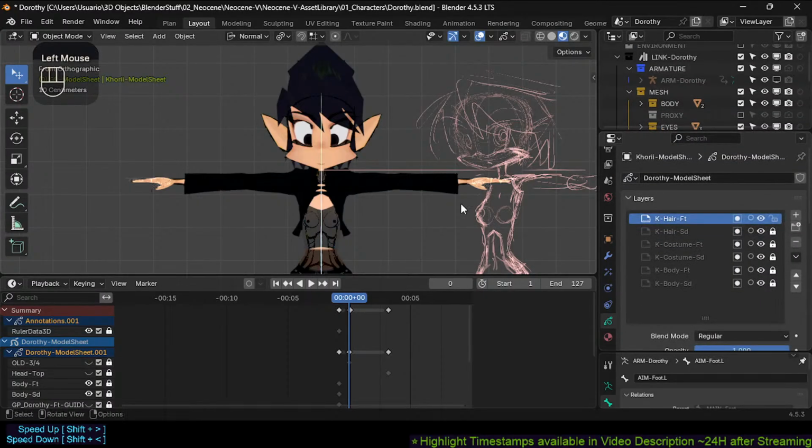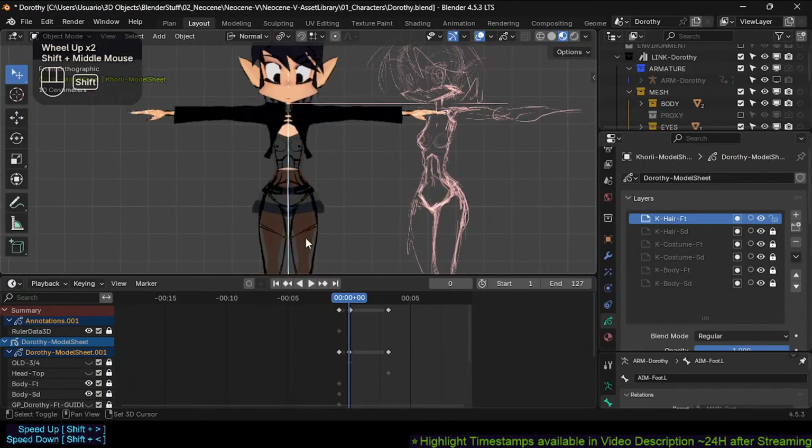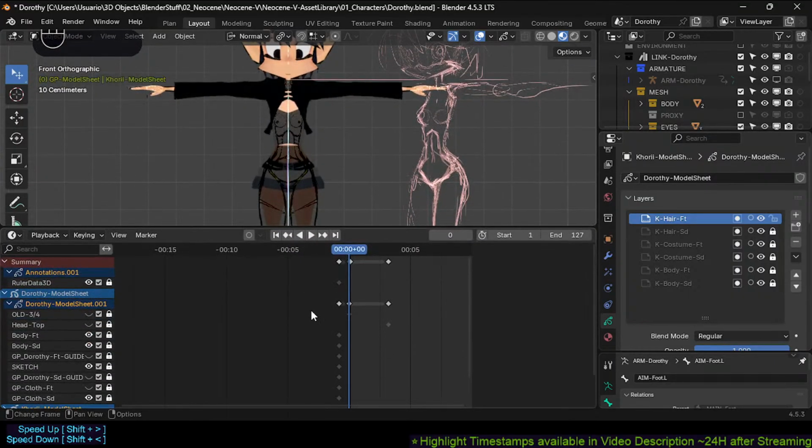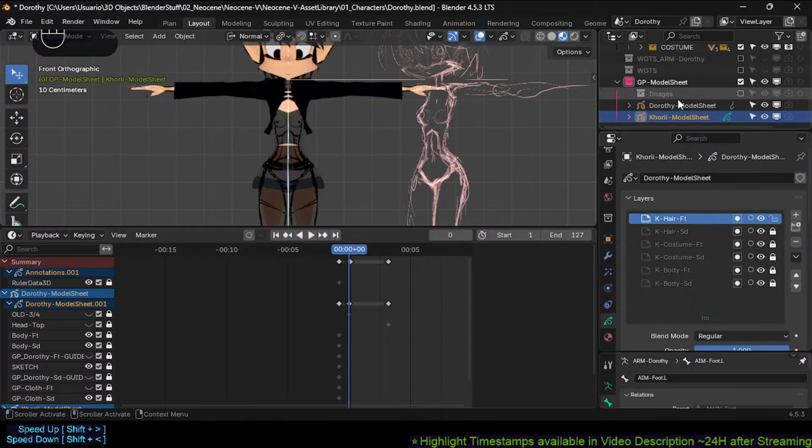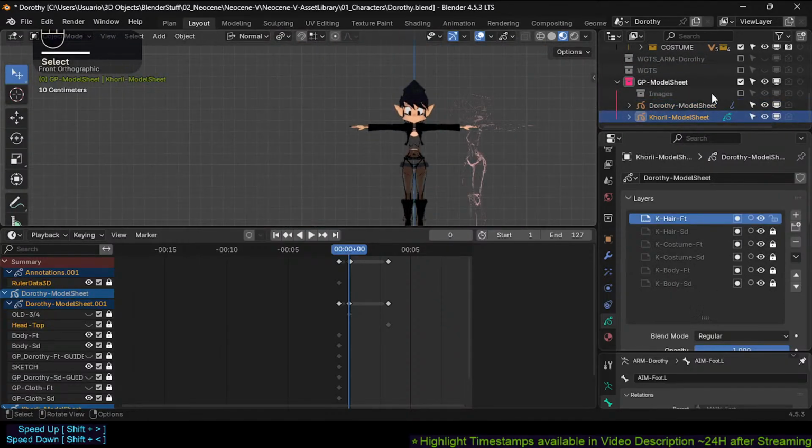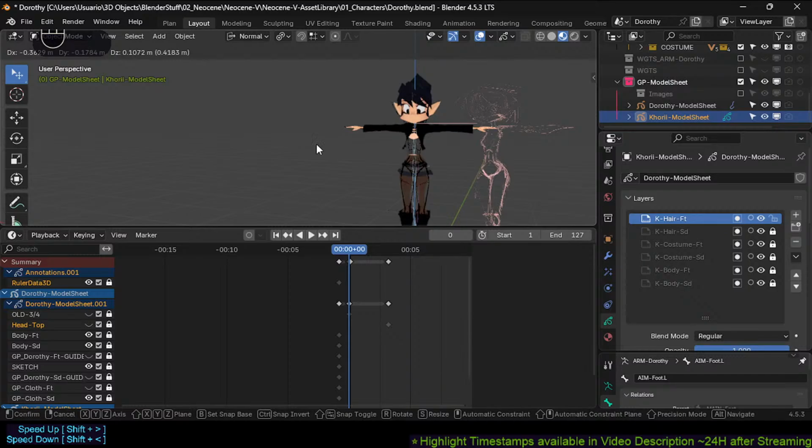So okay, we're gonna first address one big issue here. Not a big issue, but a very tricky thing sometimes. At least for me, it's very annoying. I always get confused about that. So you see that I actually have two model sheets. One that I bring from another